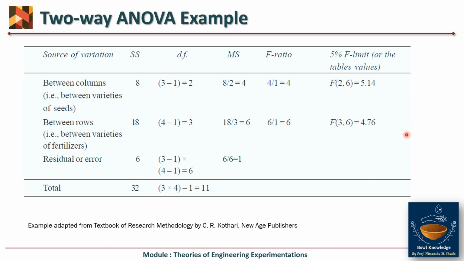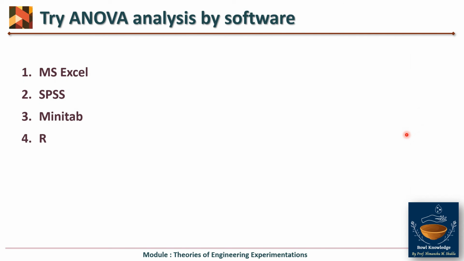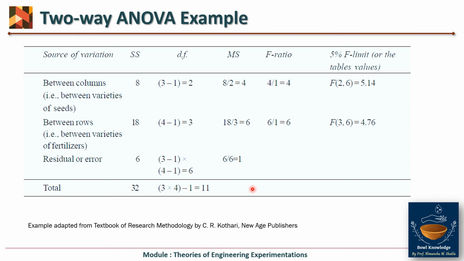You can solve it again. You can take some examples from a book also and solve it manually first, and then just to check your manual calculation you can use software like MS Excel, SPSS, Minitab, R. So these are the software which will give you the direct ANOVA table. ये table आपको direct मिल जाएगा, because in such software they have developed a module, or we can say a short running software package inside that particular software. If we talk about Excel, they have created a package of ANOVA, so you have to just put in your data and you will directly get the one-way or two-way ANOVA table as output.